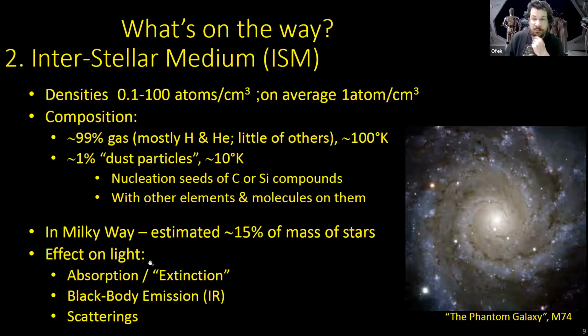And as we mentioned, it can absorb light. In astronomy, we call this extinction because the light doesn't reach all the way to our eye. It goes extinct on the way due to these absorption and scattering mechanisms. The temperature of these clouds is in itself a source of infrared radiation, that's black body radiation, as well as different types of microwave and spectral lines common to these mostly hydrogen clouds. We mentioned the 21 centimeter line, I think in one of the tutorials. And of course, scattering.